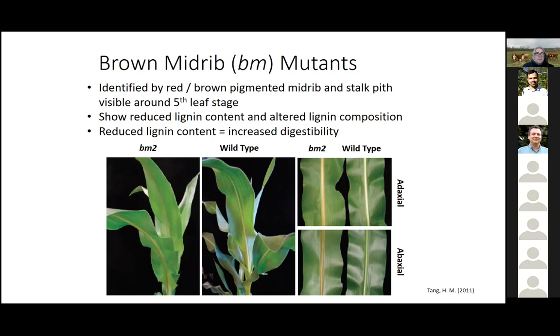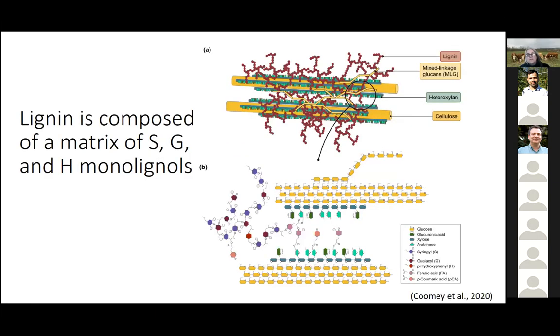So the increased digestibility leads to increased milk production, decreased waste, increased feed conversion. And so that's been very popular. And these brown midrib mutants have been around for a while. I think the first brown midrib mutants were discovered almost 100 years ago. And in the 70s and 80s, they were trying to make them into hybrids, but they've really caught traction in the last 10 years or so, where they've increased the ergonomics to make them more viable. Now, they're characterized by this lignin component, that there's reduced lignin.